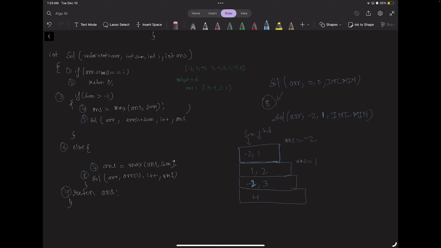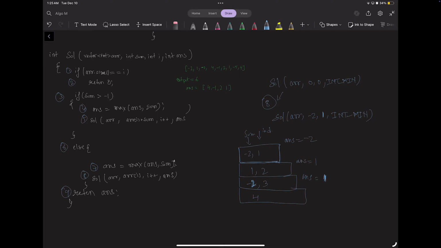Let's suppose we are behind the sum, so below the sum, -2. Now 1 only, and now we are at this. Now if we are getting a thing like minus or something, so 4 is there and after getting 4 we know, yeah, the sum is greater than -1, so we'll do this